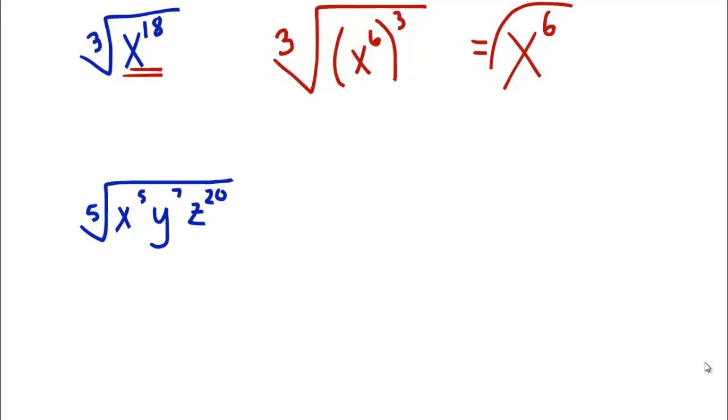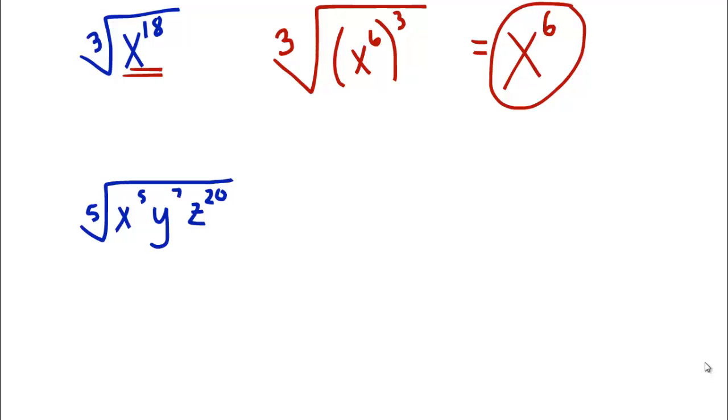So x to the 6th is the cube root of x to the 18th. Think about it. x to the 6th times x to the 6th times x to the 6th does give you x to the 18th. So therefore, if you cube x to the 6th, you're back to x to the 18th. That should make sense on some level. A couple more